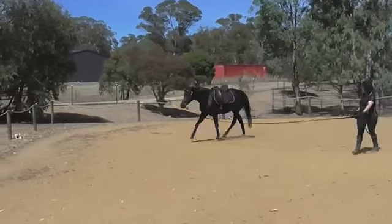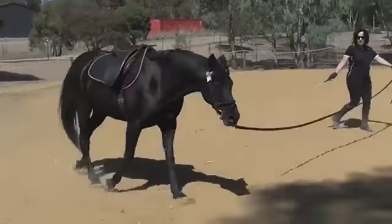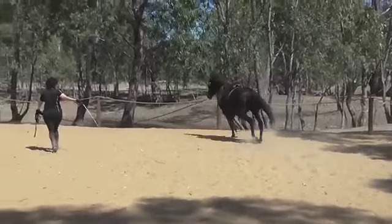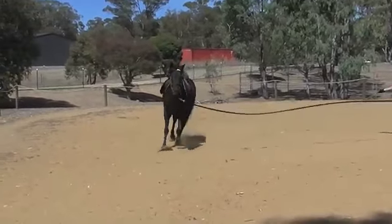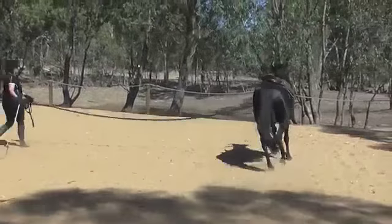And really, though she did even move a little more forward there, she kind of brought her head up, and she just doesn't look so comfortable on those front feet. But she is trying for you, and as you're going here, she seems to be getting better and better all the time. So that's the right thing we want to be doing. I certainly wouldn't be cantering this horse at this moment until you get the feet problems sorted, of course, and I don't think you even do here, but